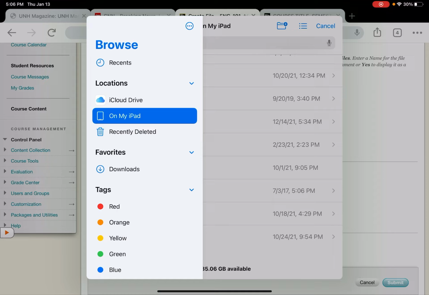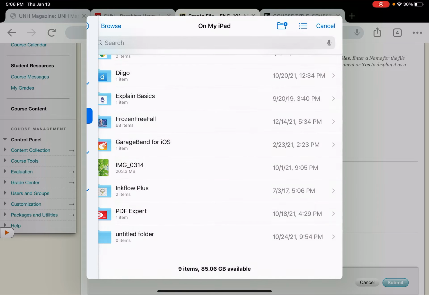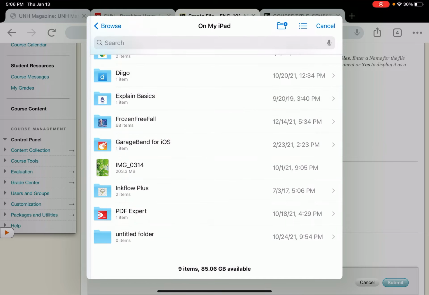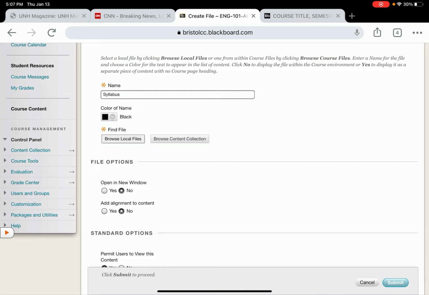I know with the iPad issue, but if you upload the file, then you're not going to see it as an attached file. You'll see the file opened up, which is probably preferable. So you'd browse for local files. If you had it on your desktop or in Documents, you just find it, and